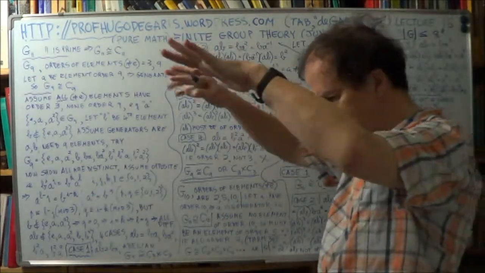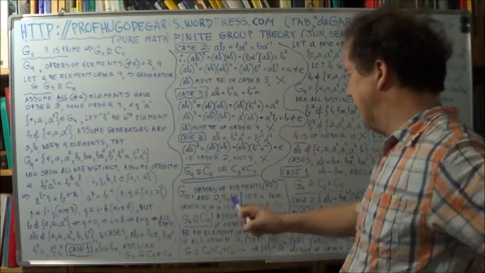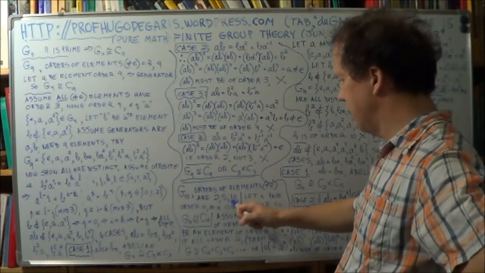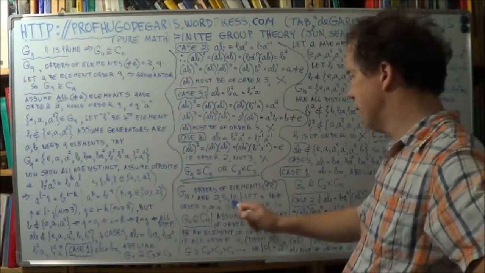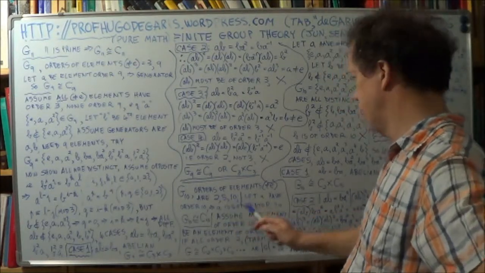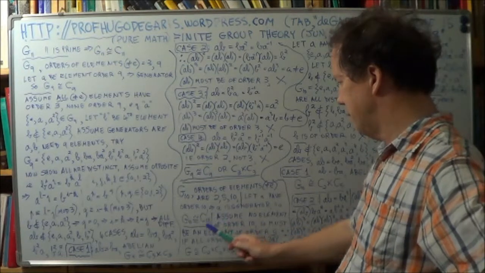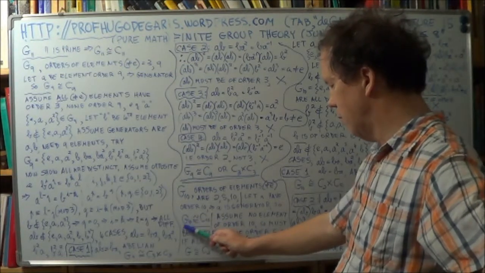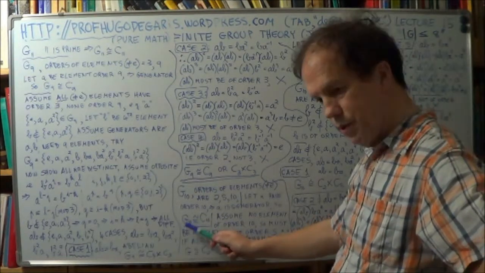So again, let's go from largest to smallest. If one of the elements, one or more of the elements, has order 10, then that element is a generator of the group. Okay, so that means one of the group's isomorphic